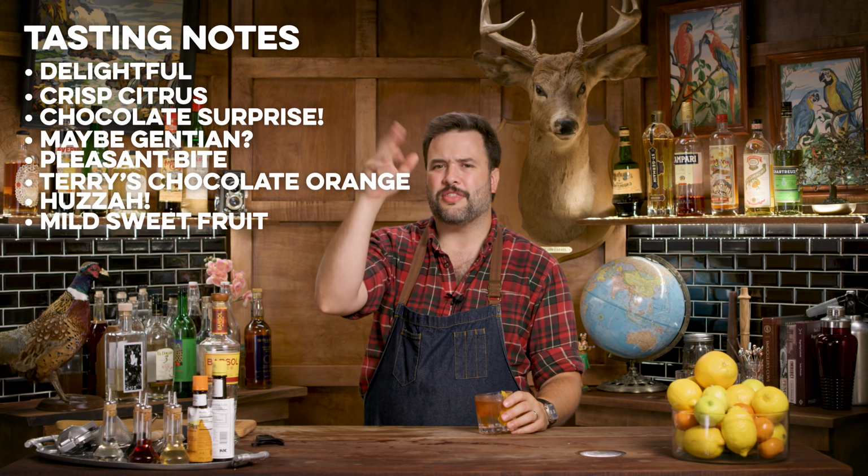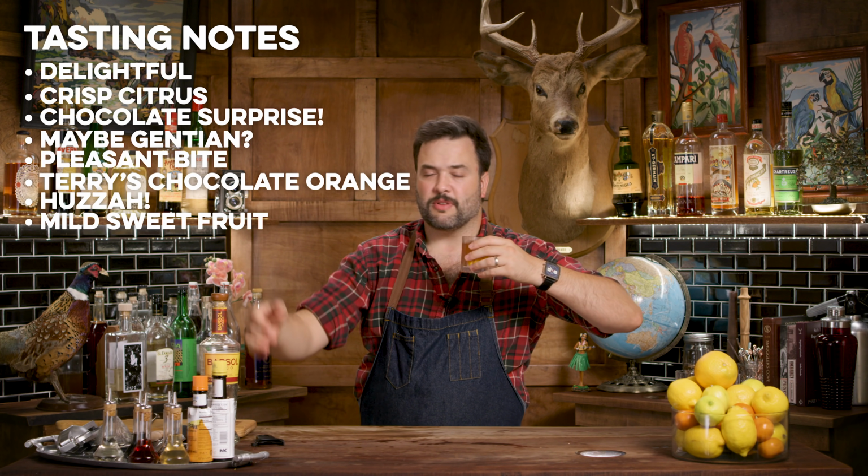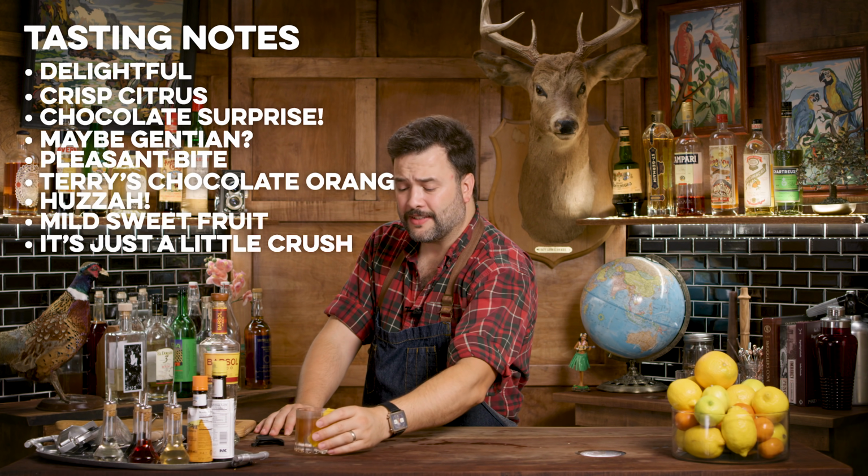What's that? There's some kind of stone fruit or fig at the very, very end there. Almost ethereal. It's like in your sinuses, but not really. It might be the grapes from the Pisco. I'm in love with that drink. That is fantastic. I just want to pause here for a moment to talk about what an old fashioned